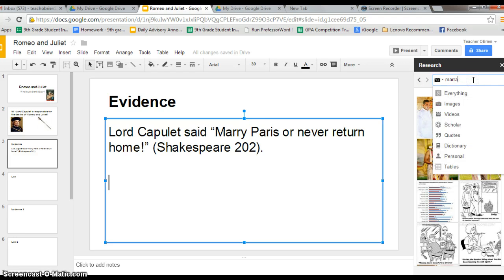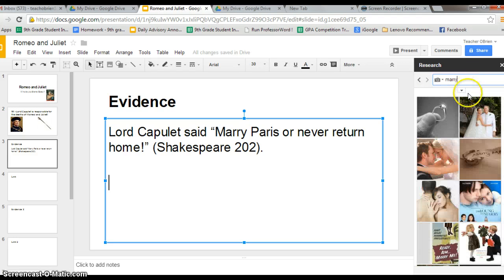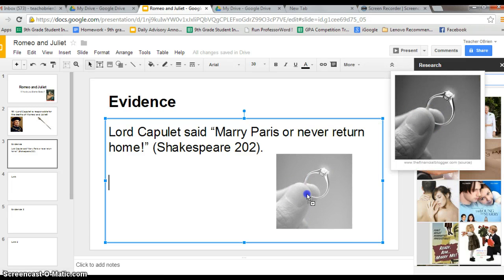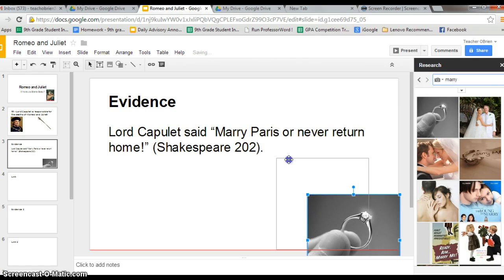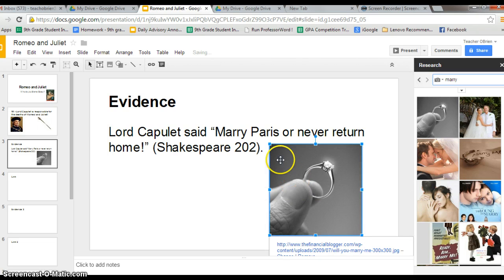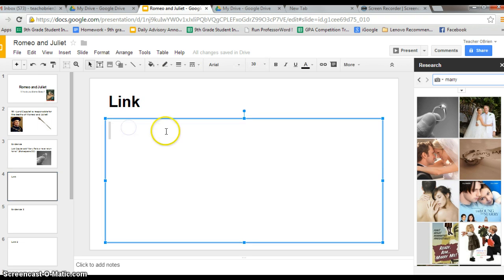Let's see. Something like this, I don't know. So you kind of highlight whatever you think the main idea of your passage would be, and you put that image in with your text. And you notice the text is very short. Then your link, you explain how that, because